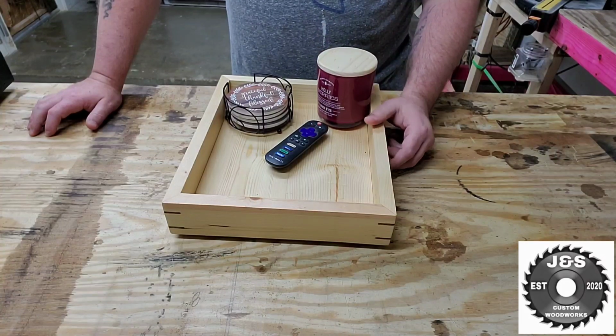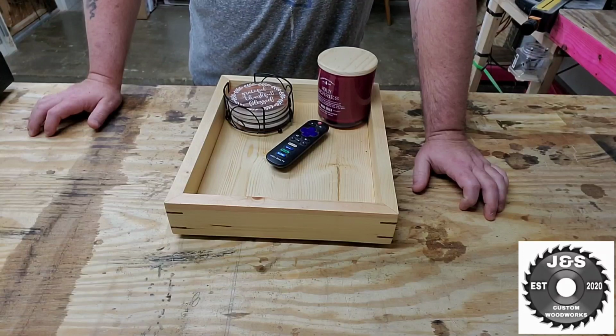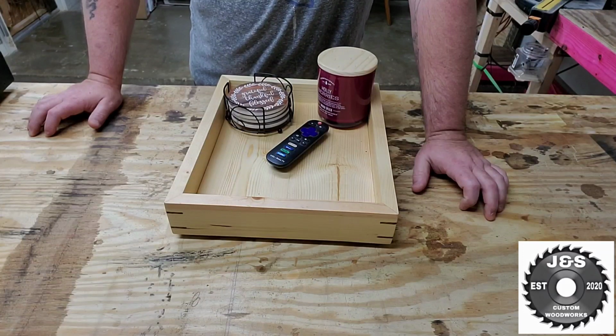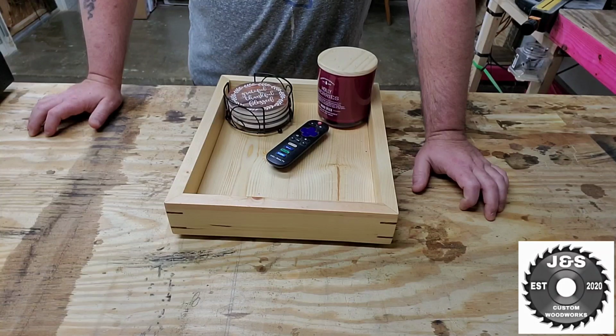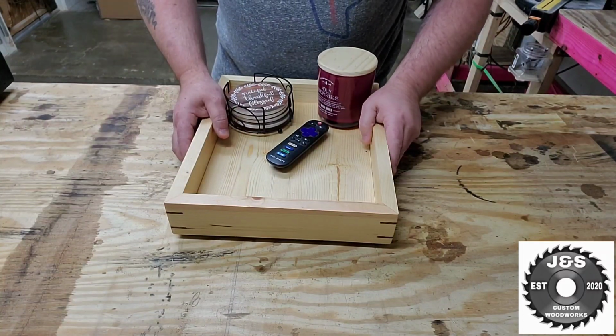These 5, I haven't sold any of these. These are just kind of projects that I build for my wife around the house when I'm caught up on orders, or when I'm feeling bored and I just want to build something. You know how woodworkers are, they just want to build something. So anyway,